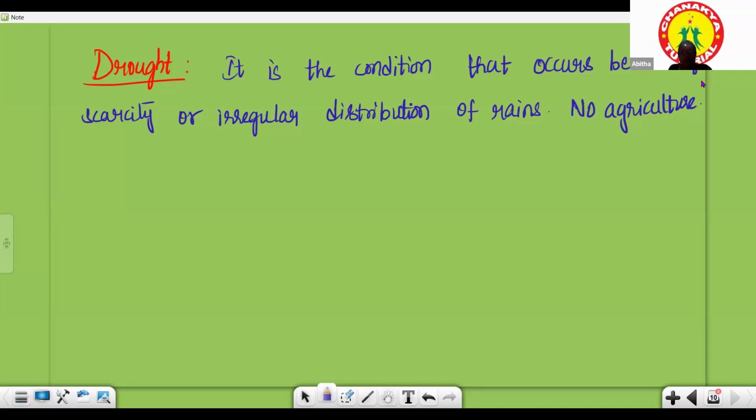Scientists have now developed a lot of crops which can withstand drought conditions. If you take Rajasthan, there is no proper rainfall. You could see entire sand, overall sand. Water scarcity, that is a drought condition. There you cannot see crop cultivation in Rajasthan, right? You could see only some plants which are xerophytes, like cactus. No cultivation.